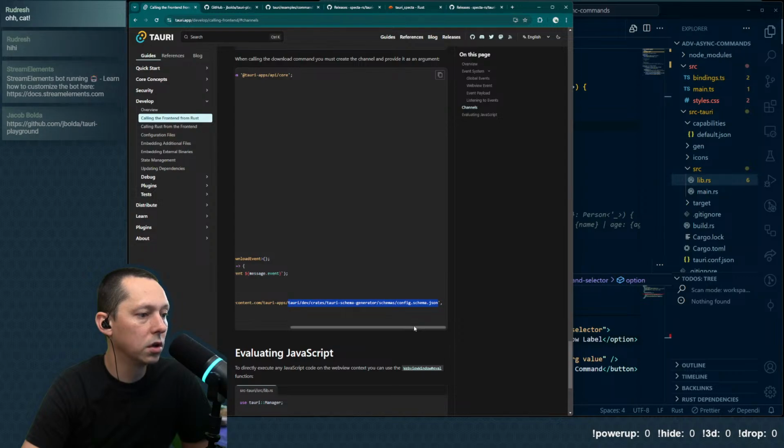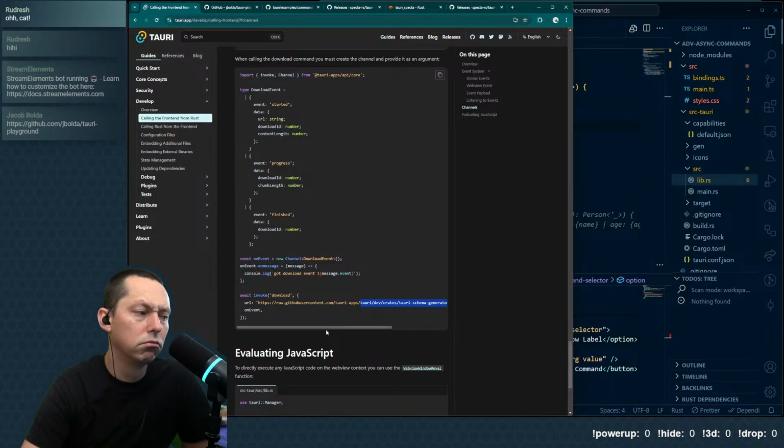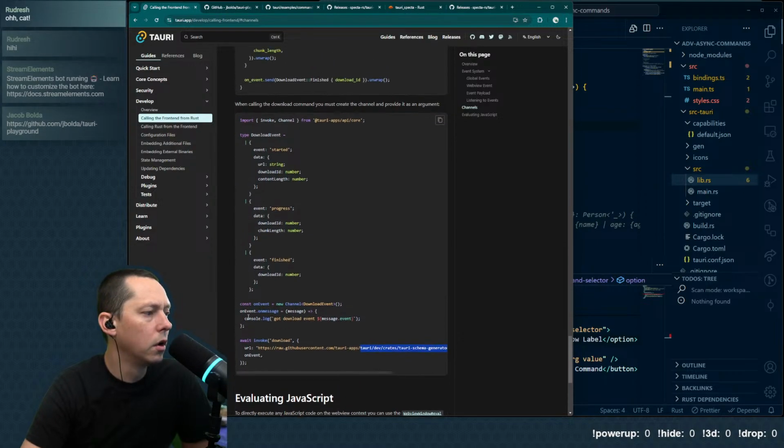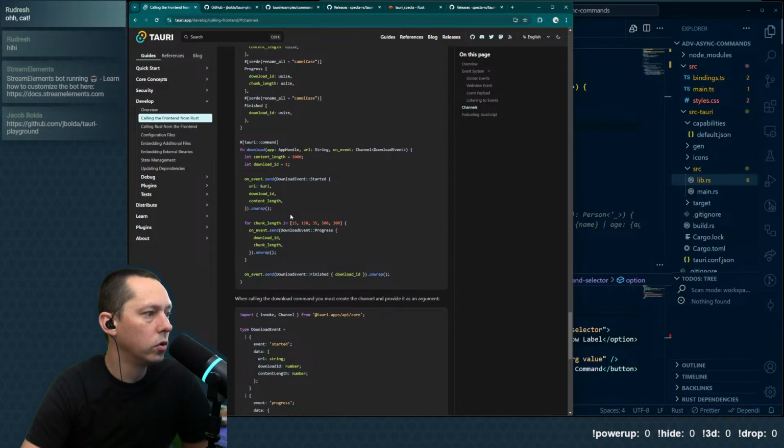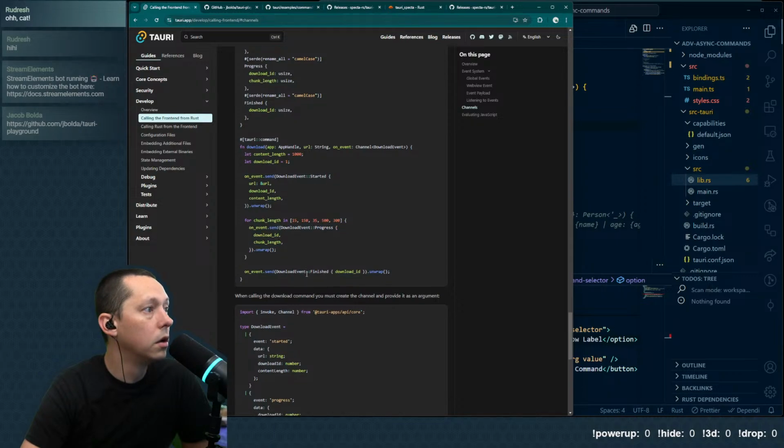Okay, so it's downloading a schema, which is probably going to go real fast, but it's going to download it in chunks. And as it's downloading, it will send events back.